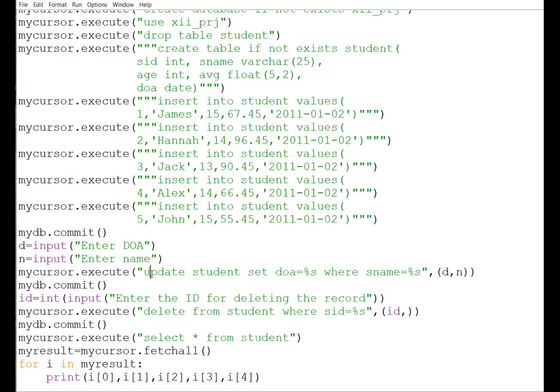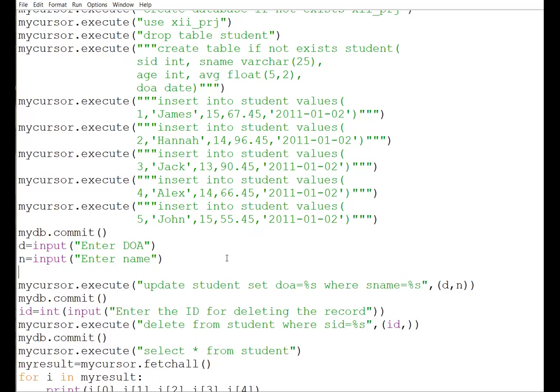So what you have to understand is, if multiple values are being asked from the user, then in the SQL query they must be replaced by %s, and in the form of a tuple you have to pass the information. But we will be writing some different method also. Ultimately you have to understand that these two values we will be taking in two separate variables.